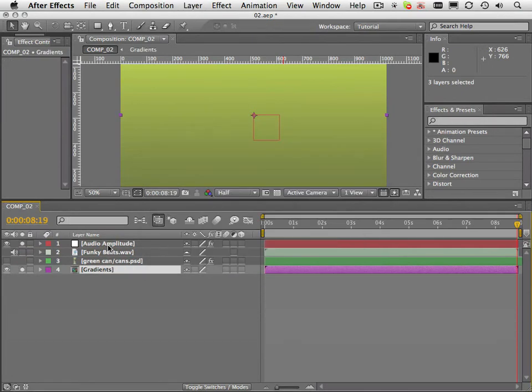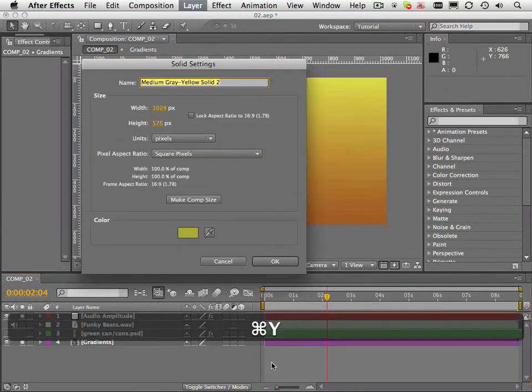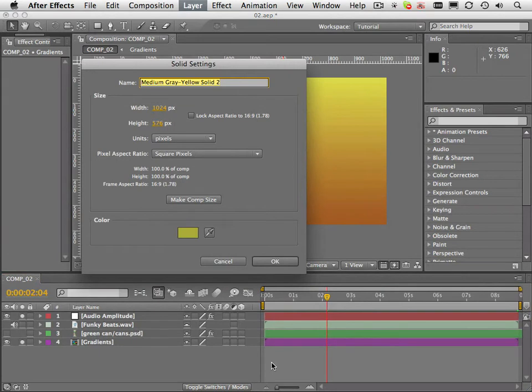If you didn't want to keep duplicating audio amplitude, we could always link across compositions to one single audio amplitude layer, but it's just as easy to duplicate it because this music's not going to change. Okay, so what do we need to do next? Next, make a new solid, and I'll name this